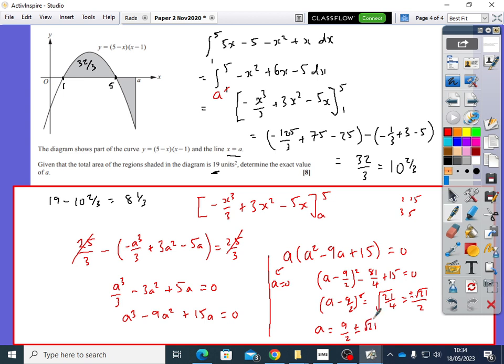Now we know that a is going to be greater than 5, okay, because it goes from there. So therefore we can't minus, this is 4.5, can't minus anything on it. The only solution is, therefore, a must equal 9 plus